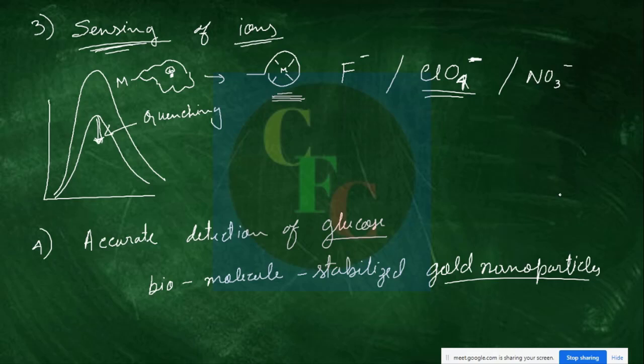Now these colloids have to be stabilized, otherwise they attach with each other and precipitate. So these gold nanoparticles are stabilized by biomolecules. It has been seen that these biomolecule stabilized gold nanoparticles fluoresce. Now they can act as a fluorescence probe,